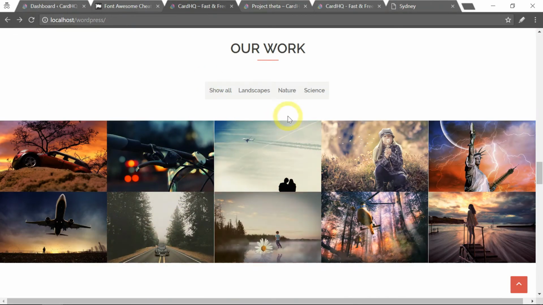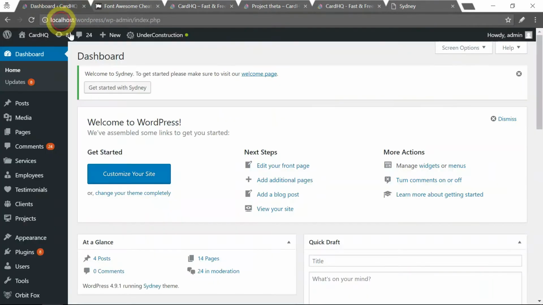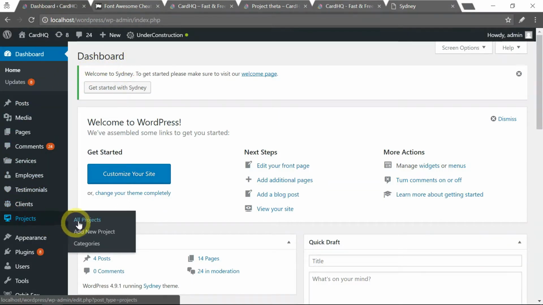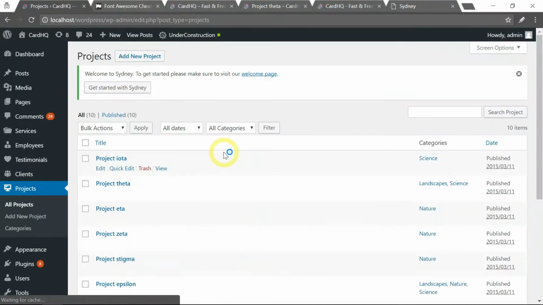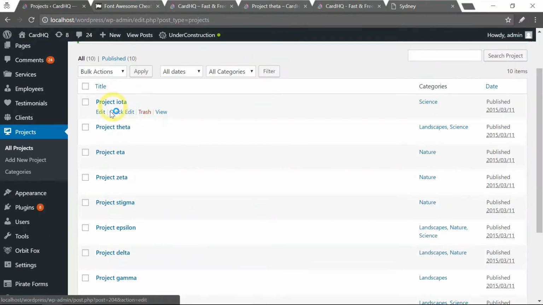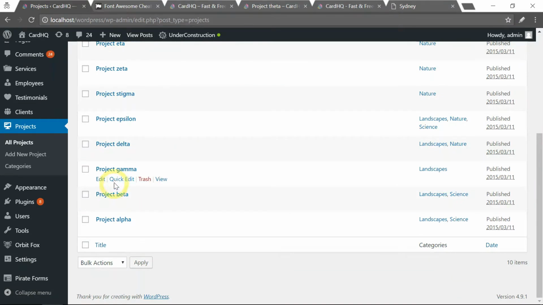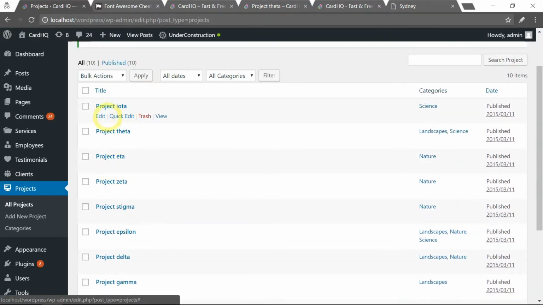So how we edit this section is we return to the admin panel. Under here, Projects, click on All Projects. Here you can see all the projects that you currently have. To edit them, just click Edit,